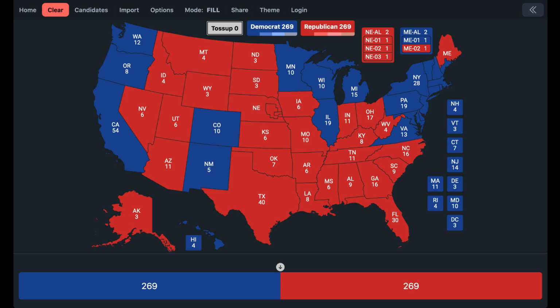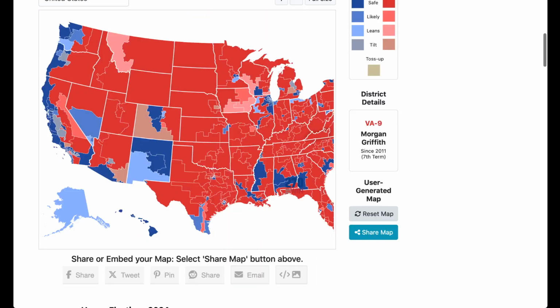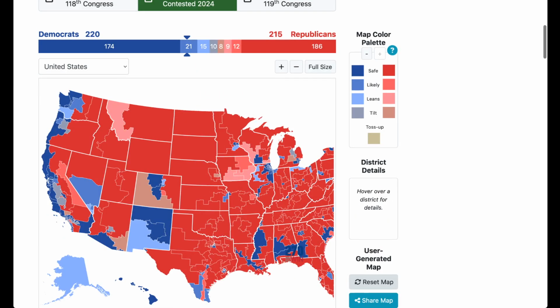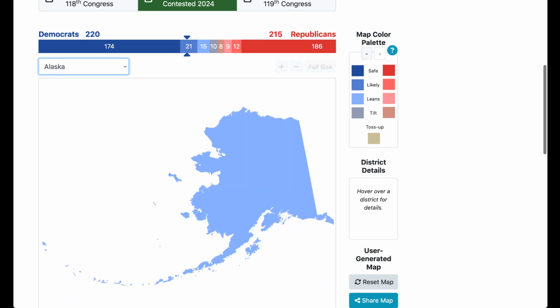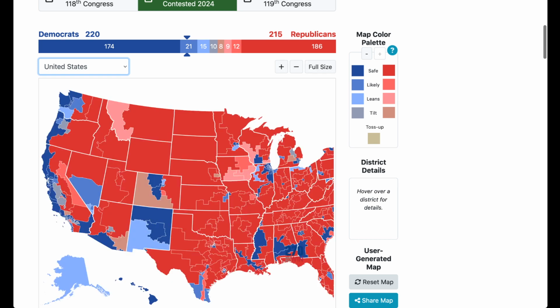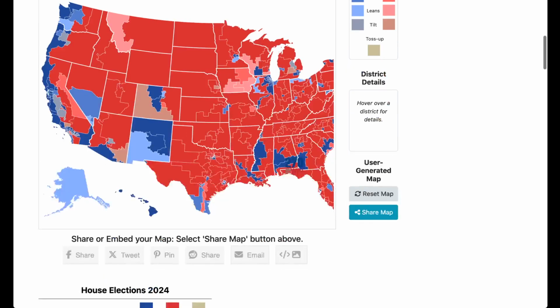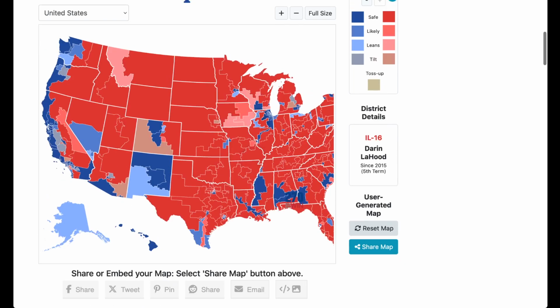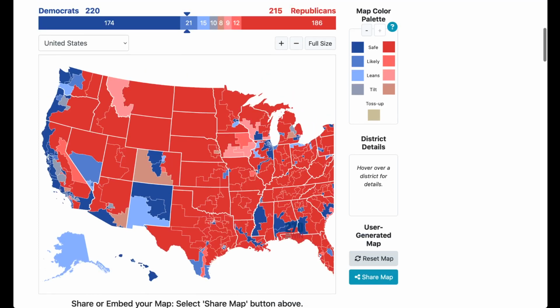Well, it goes to state House delegations, and that is with the incoming House of Representatives. So let's try to work this map here so we can see the whole thing. For some reason, it's only showing part of it. But basically, it just operates based off of what the incoming House delegation is.